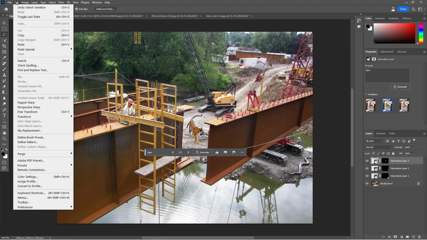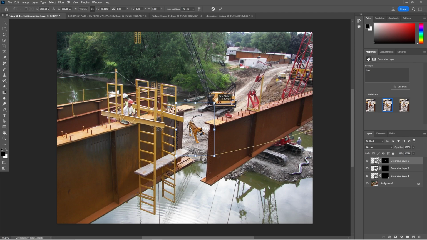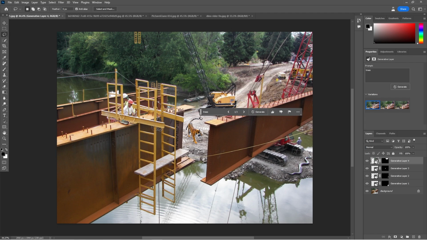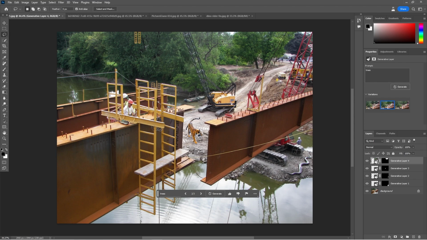I could go to the image and transform it. Maybe I want to make it a little smaller. You've got to be a little careful, but let's say it's in there. One thing I'm going to try is to see if I can get rid of some of this without hurting the crane lines. So I want to put this in here and let's just go trees. Not too bad. The crane lines are still there. You could clean it up a little bit, but it makes the scene look kind of interesting. So that's not too bad.